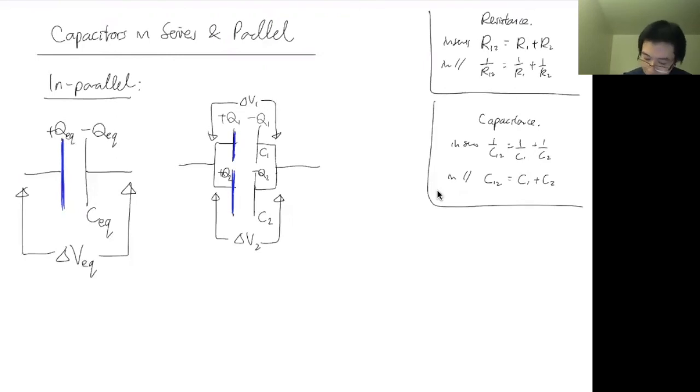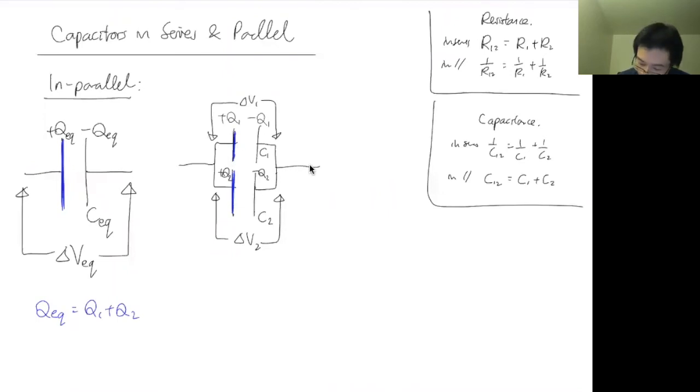So looking at a blue plate, we see that Q1 plus Q2 should add up to the equivalent amount of charge, right? Because I just basically cut it straight through, and this is the same amount of charge, and I've split the wire. That doesn't change anything. So imagine I just split up the wire. It shouldn't change anything when I'm connected to the battery. If it can store 100 coulombs on here originally, then just by splitting the wire, it wouldn't change the amount of charge. Just cutting it across wouldn't change the amount of charge. I've really done nothing important over there.